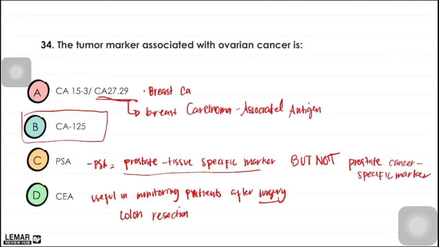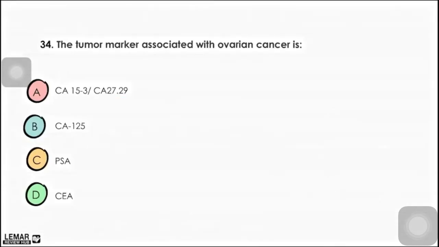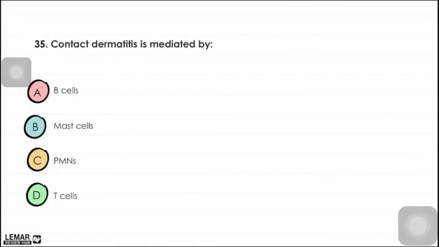Okay, the series 1 of our Immunosero has a table, and in our handouts, we also have a summary of tumor markers. Very helpful and very important. Okay? Sige po. Number 35, we have